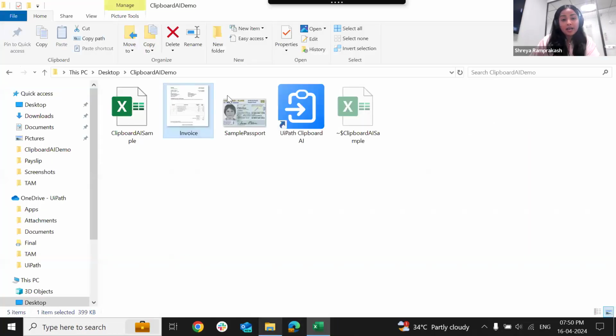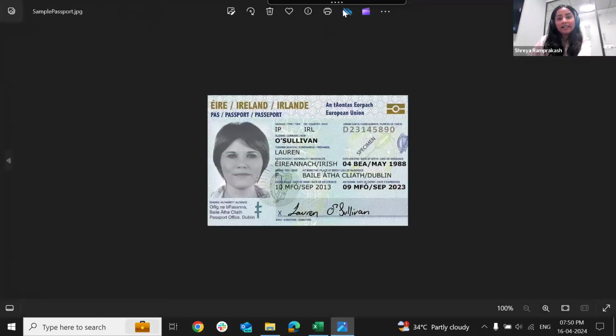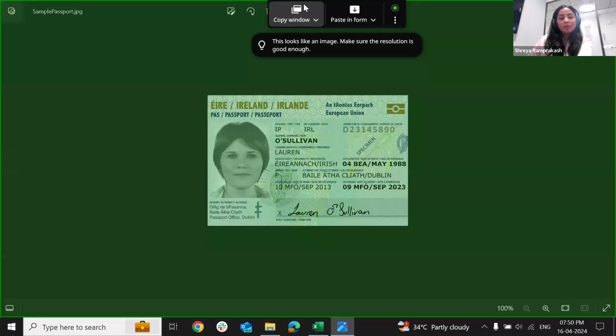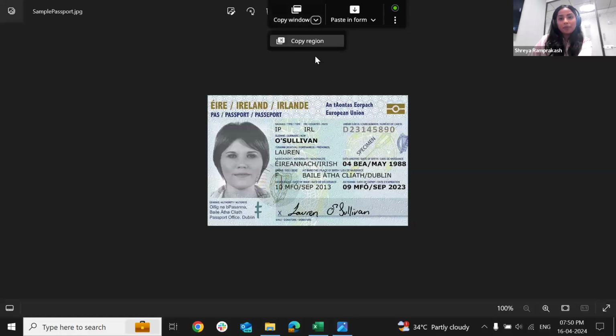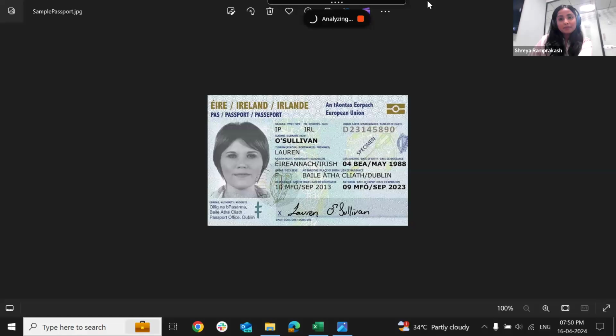I also have a passport, and let's see how Clipboard AI behaves when there is an ID. In case you don't want to copy the whole window, you could always just copy a region. That is also an option for you. Okay, so this has been copied.